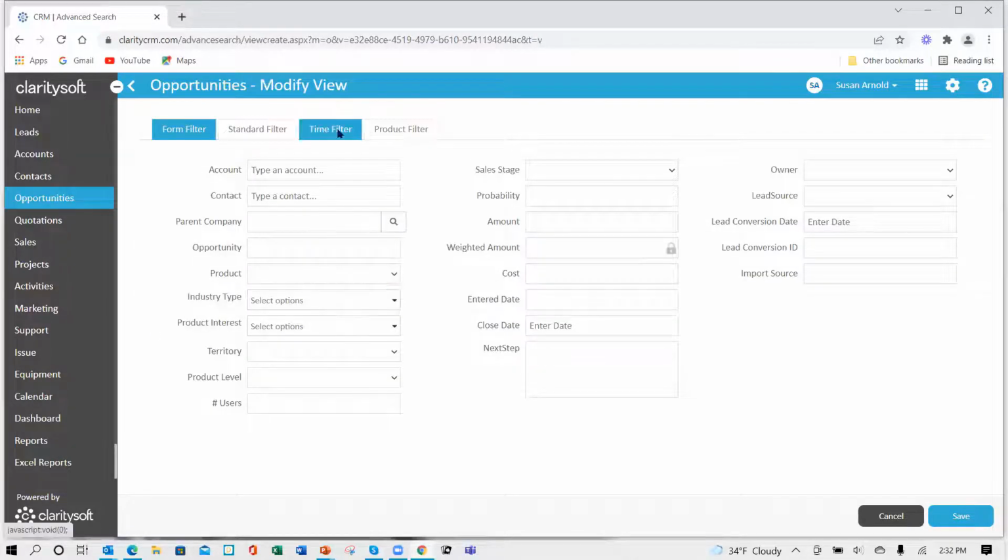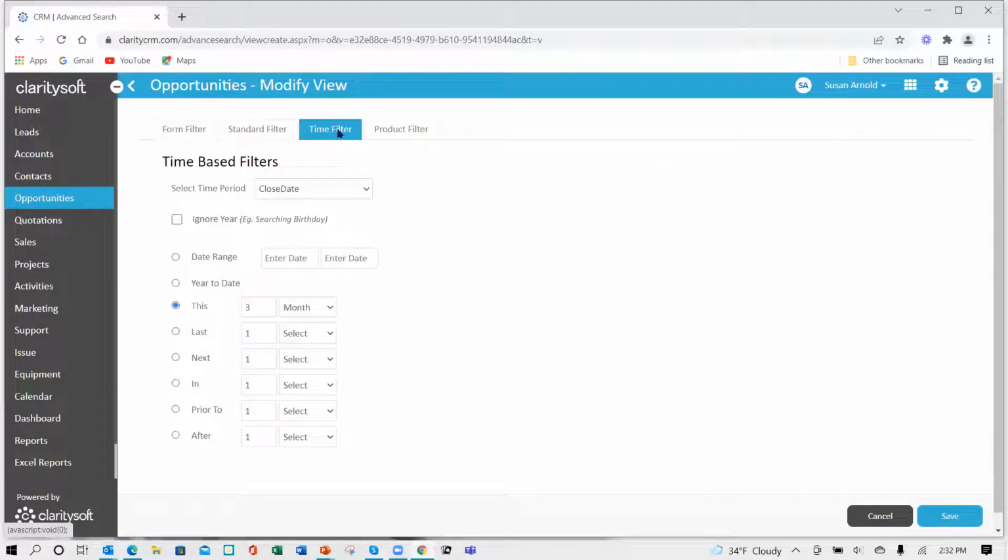So it is a time filter again. And I use the close date, this 3 months, and you have day, week, month, quarter, year. Okay. And you can increment the numbers here. The other thing that you may want to add,